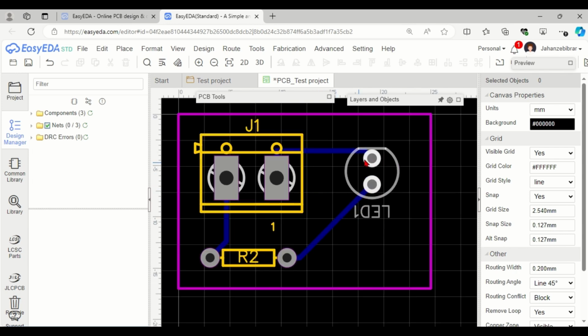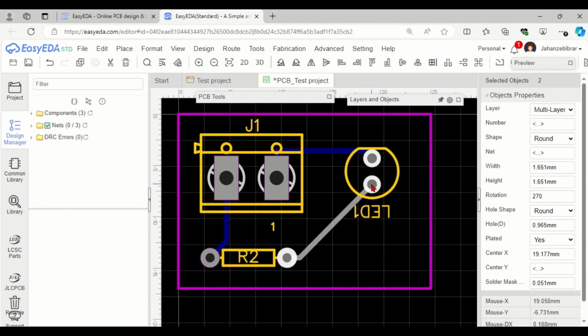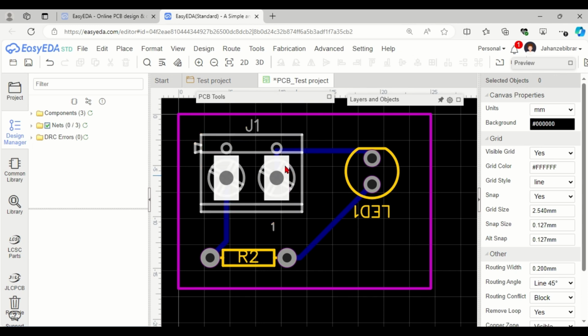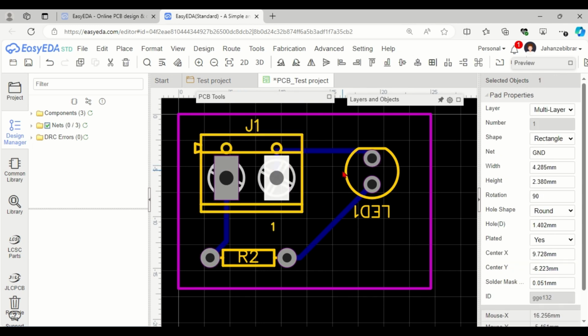So the next step is I want to check my hole diameters. I want to change the diameters of my pads. I want to change their shapes. So let's say I want to change the diameter of this pad. It's already round. The shape is already round. That's what I want, and I want it to be at least 3 millimeters big, so that it's easier to